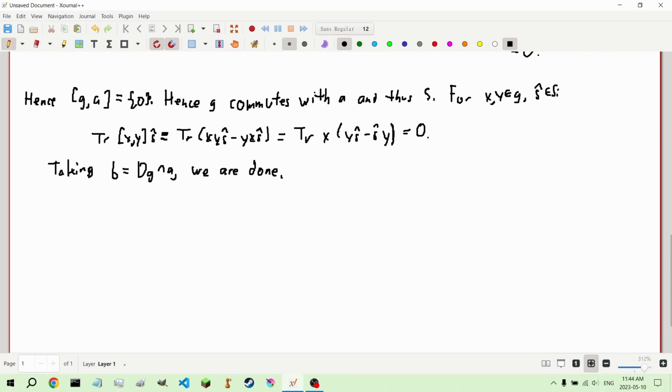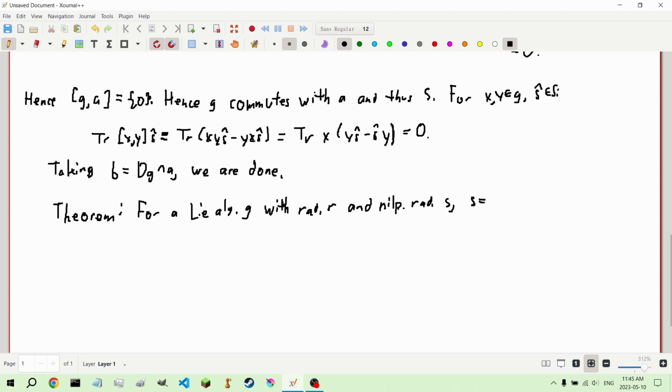That was our lemma. And now we said in the remarks that we were going to show that for a Lie algebra G with radical R and nilpotent radical S, S is equal to the intersection of the derived algebra of G and R. And we have from our remarks that S is inside of the intersection of the derived algebra of G and R. So we just need to show